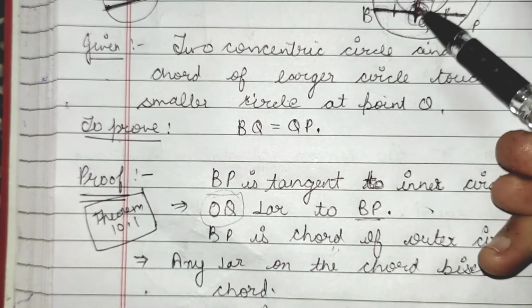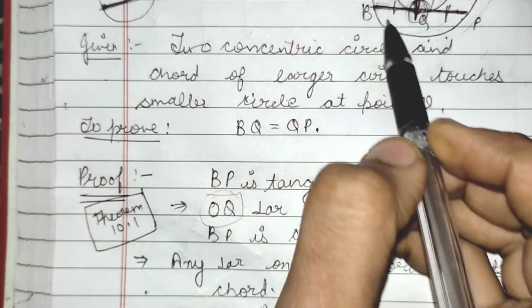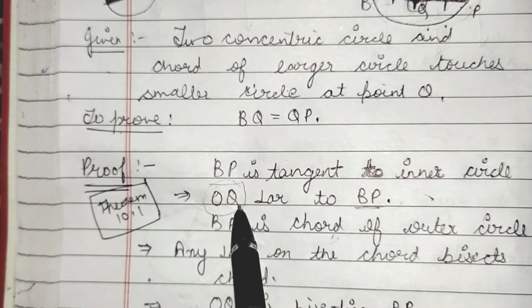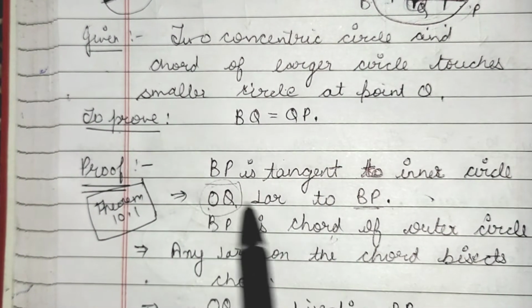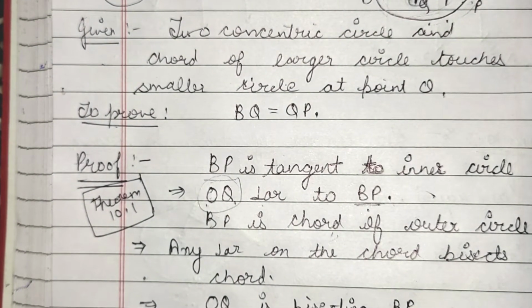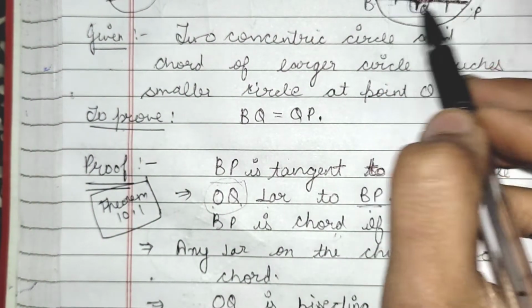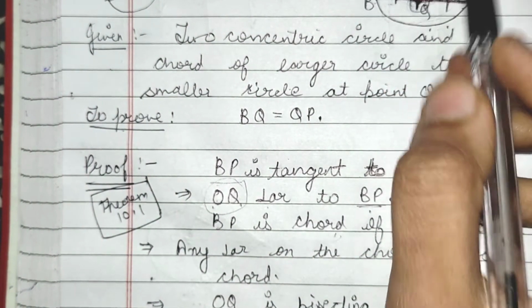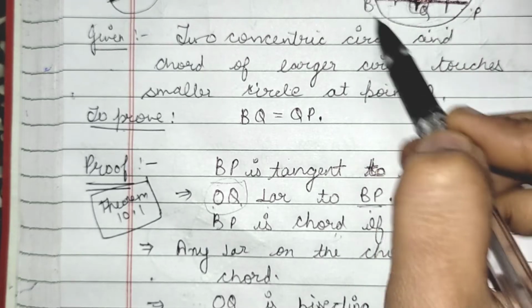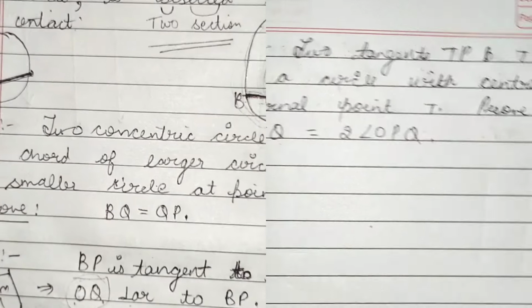Okay, so any radius at the point of contact to the tangent is perpendicular to the tangent, that means OQ is perpendicular to BP. Then what we did, we converted our equation with respect to outer circle. First we used inner circle concept and tangent concept, then we used outer circle concept and the chord concept. Okay,